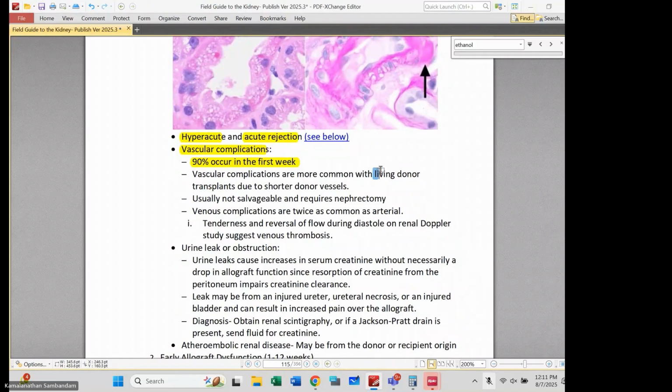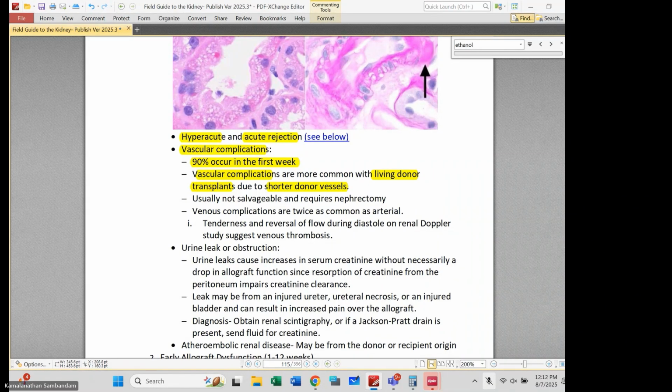The living donor transplants appear to have more vascular complications, and that may be because the donor vessels are shorter. Okay, so you can't take a Carrel patch, a piece of the aorta, in order to extend the